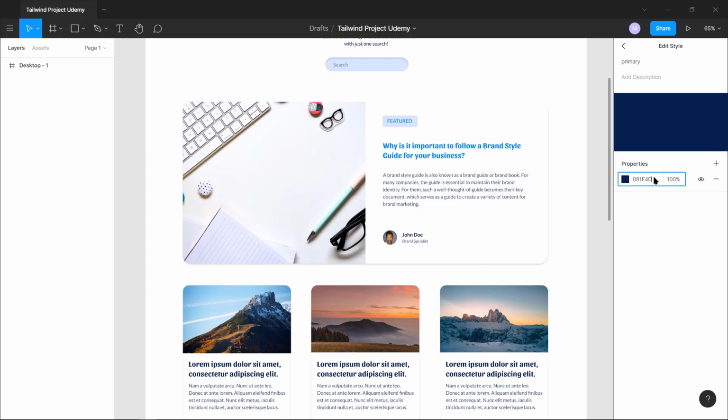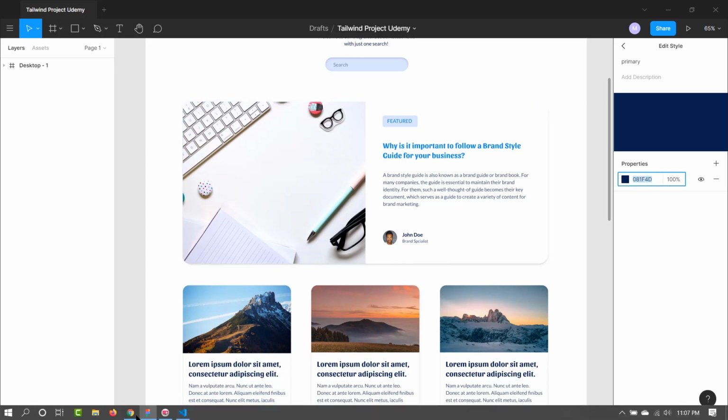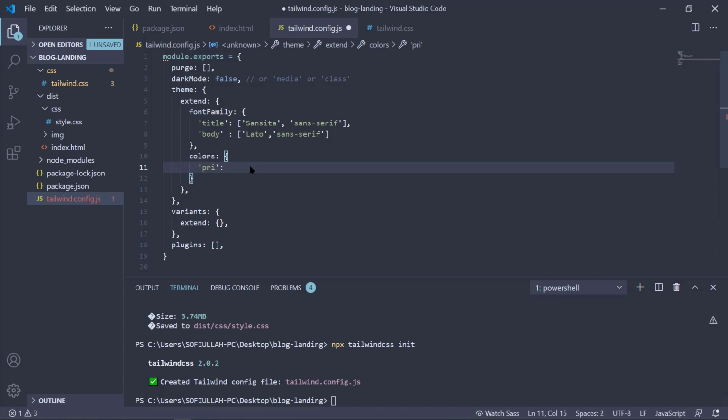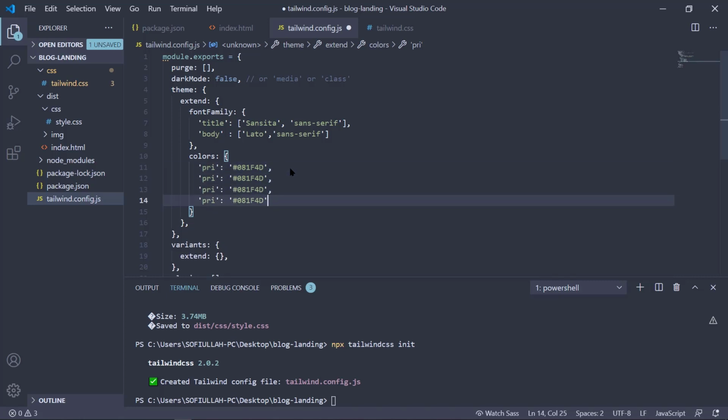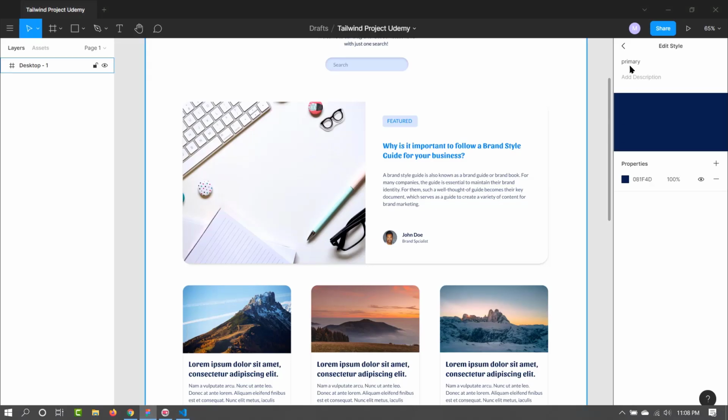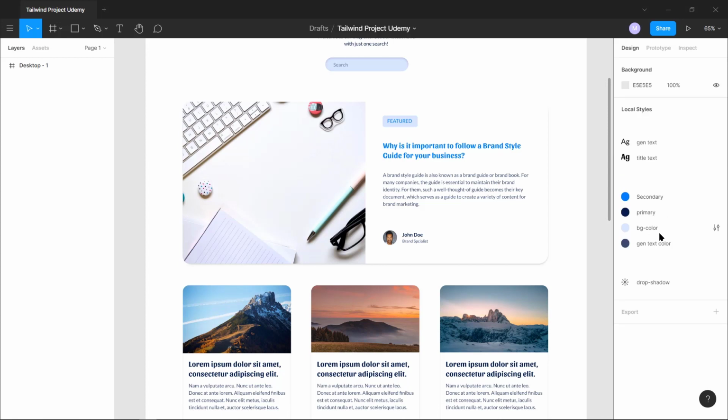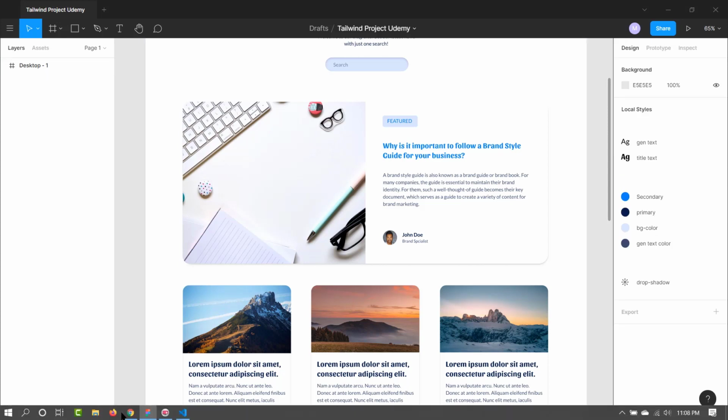So let's get the hex code from here and put it inside here. We need to use a hash because it is a hex code. Let's make some copies of it, and we also need to get the secondary color, background color and general text color.